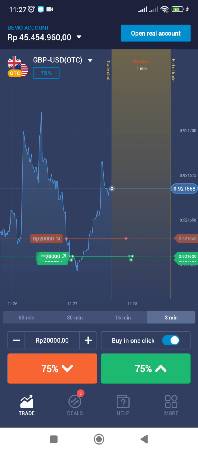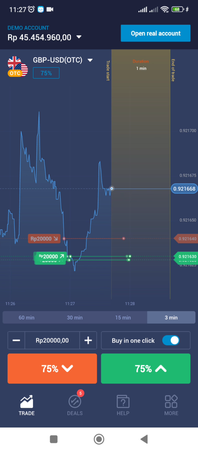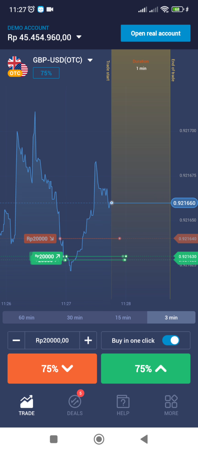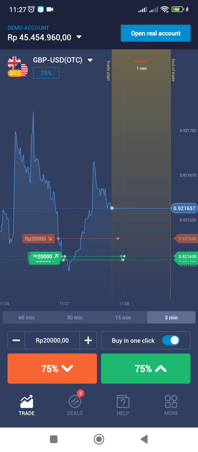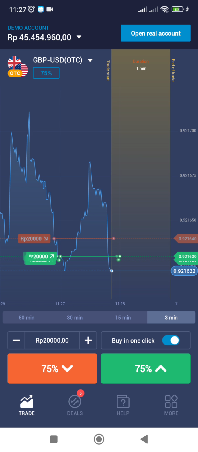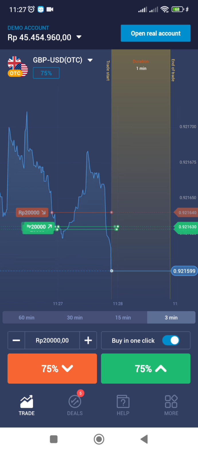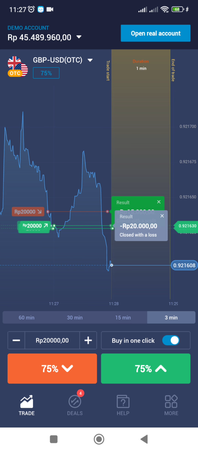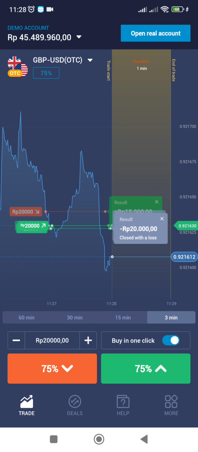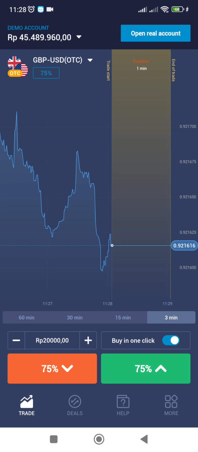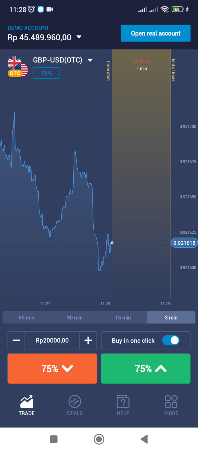Now, these are cherry-picked charts. I've purposely picked those charts that show winning trades because I find it's easier to explain the concept. But when you're trading in the live market, trust me, there will be losers, no matter how good the fundamentals or technicals are. So I want you